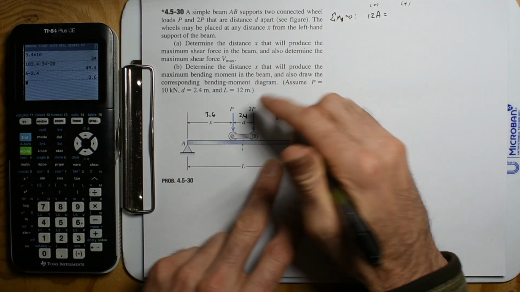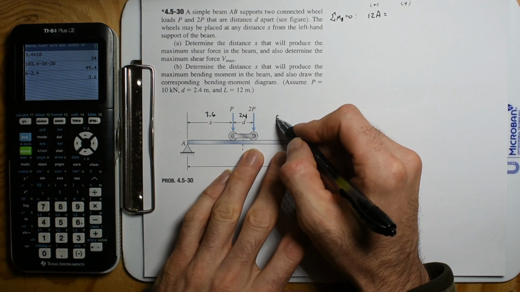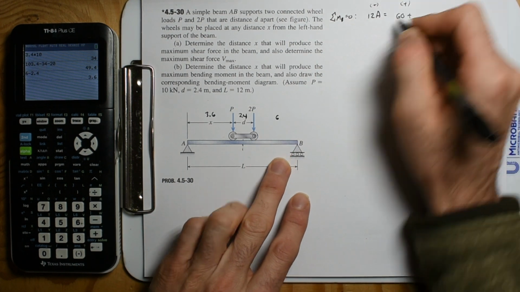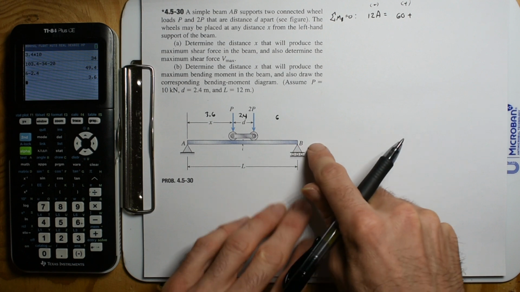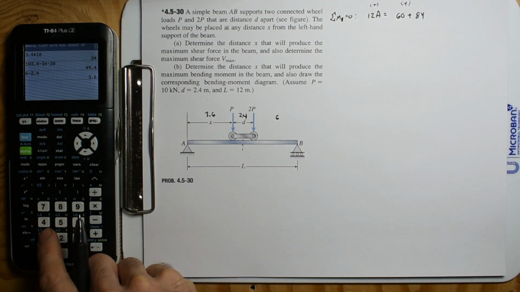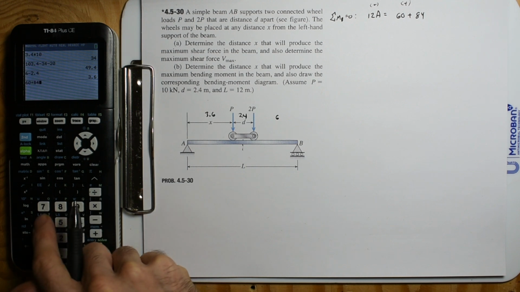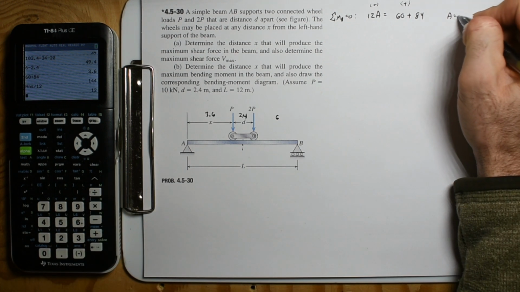So that's going to be 20 times 6, so that's going to be 60. Plus this one is going to be 10 times 8.4, so that's going to be 84. Sweet. So A is going to be 60 plus 84 divided by 12. So A is going to be 12